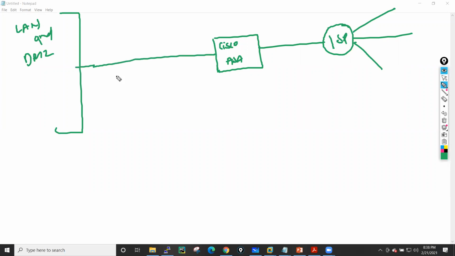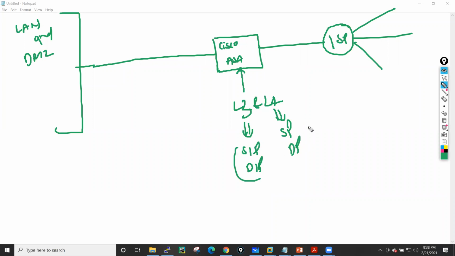Now let's suppose, because this is a Cisco ASA firewall, on that firewall we can only write rules on the basis of layer 3 and layer 4 information. Layer 3 information includes your source IP and destination IP. Layer 4 information includes your source port and destination port. So we can only write rules on the basis of layer 2, layer 3, and layer 4 information.